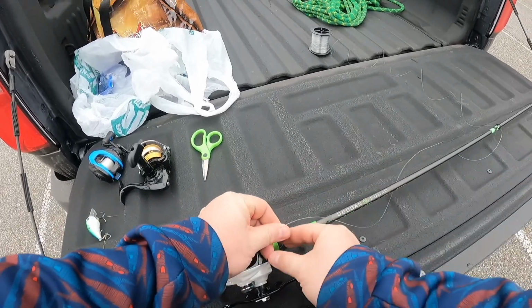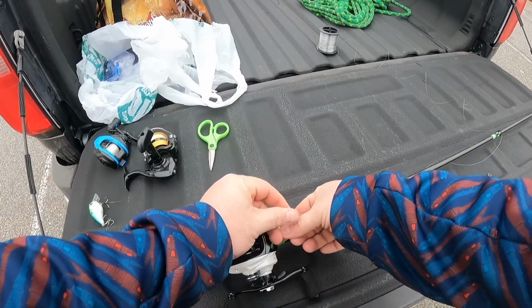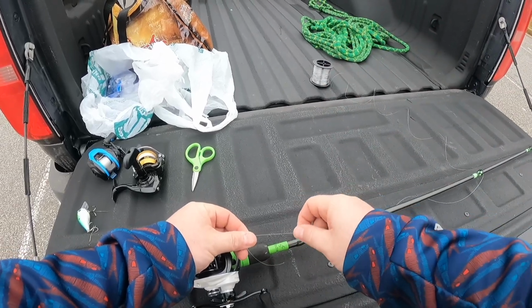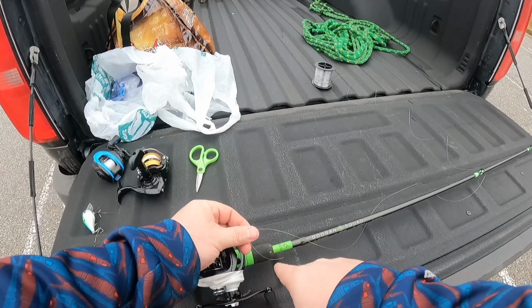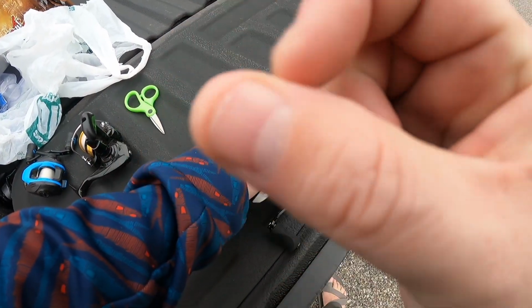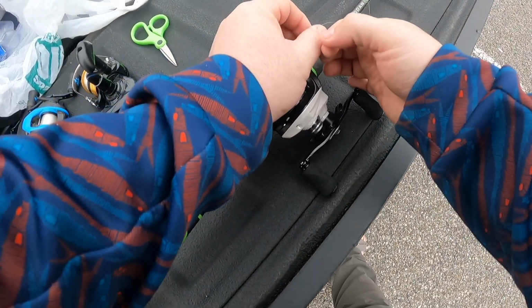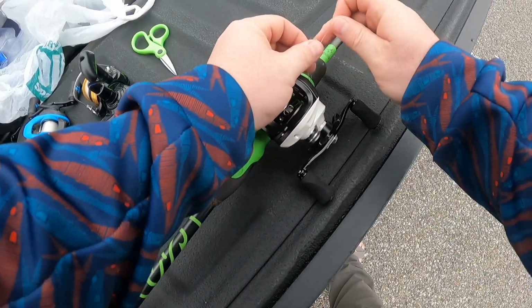I'm going to go 1, 2, 3. The thing about fishing line versus that rope, this is a much smaller diameter, so you have to get your thumb out of here but kind of keep it at pressure at the same time. So I will usually take the end, and you know this part of your thumb right there that's between the nail and your finger, I will get that line to kind of go through there, and then